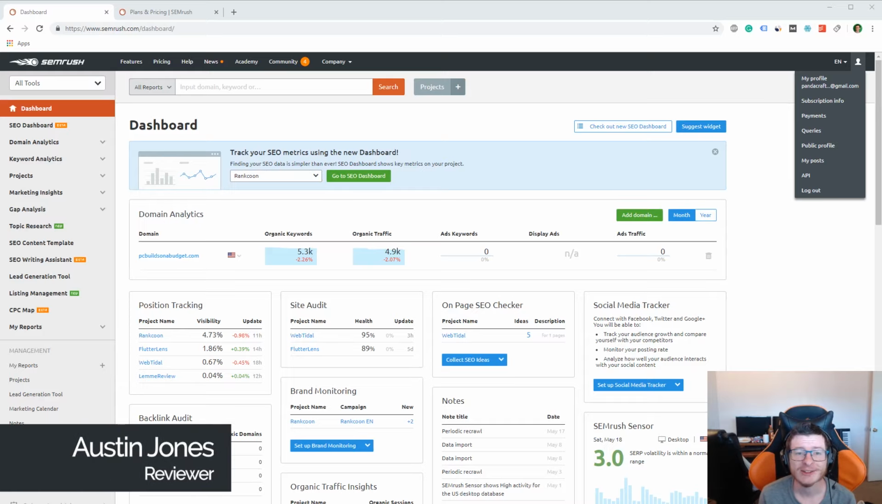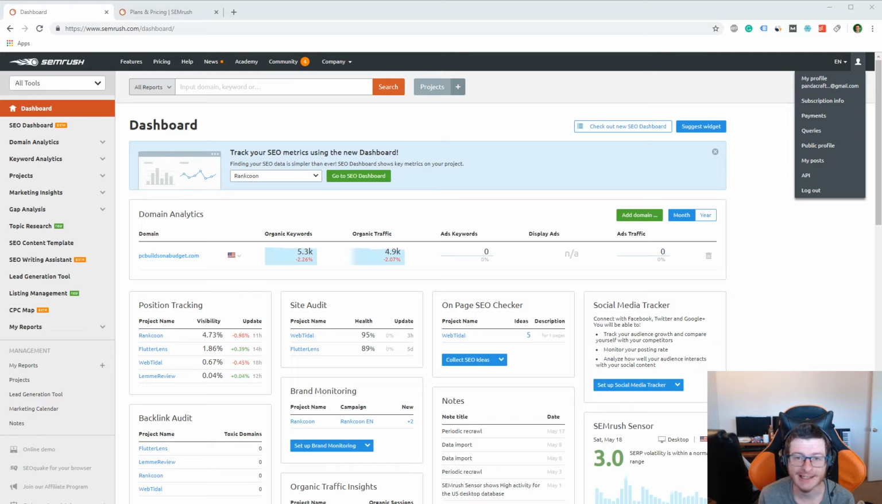Today we're going to be taking a look at SEMRush, one of the major tools in SEO that you will find on the market in 2019. This is a huge tool when it comes to SEO, and it provides many different benefits. So we're going to be taking a look at a lot of the major features that come with a software